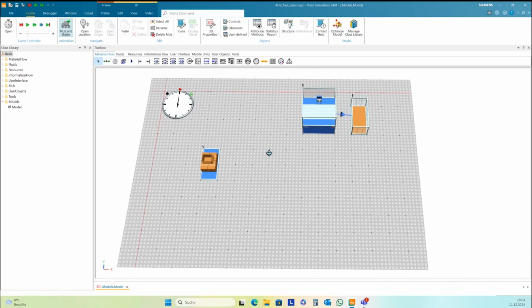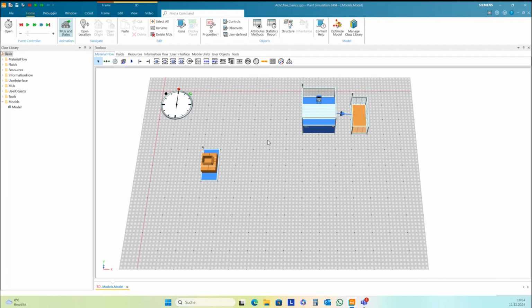And for the free driving AGV, we need some stuff from the resources folder here. There you can find the AGV pool itself. And the AGV cannot drive completely free on the surface here. We need an element with the name marker.